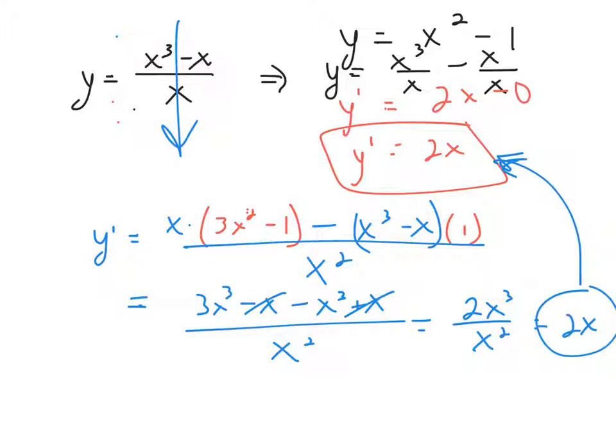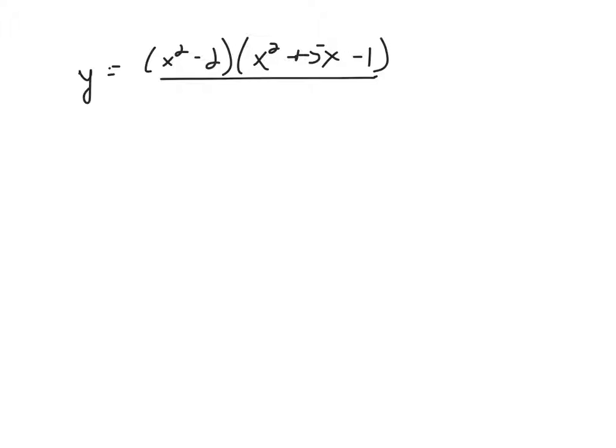Okay, so it really is your choice. I tend to think that the first way I did this problem was a little bit easier, simplify first. Example I want to do with you, and that's going to be something that looks pretty ugly. Let's consider the function y equals numerator quantity x squared minus 2 times quantity x squared plus 5x minus 1, all over x cubed. And this one is going to be really ugly if we try to do our quotient